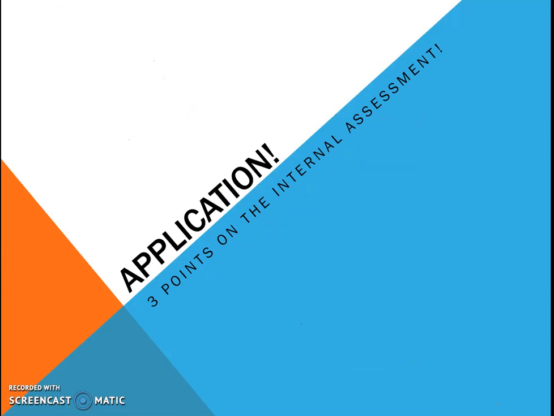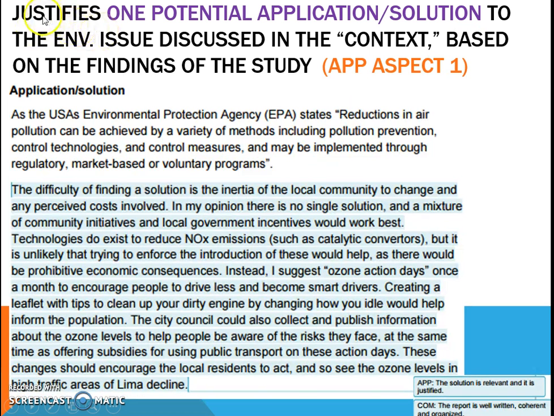So this application section is 3 points overall on the total IA. Let's learn about the expectations. The first aspect says: justify one potential application or solution to the environmental issue you originally discussed in your context background section and connect it to the findings that you have actually in your research. So we're going to be multitasking both our results from our research and our background knowledge from the context